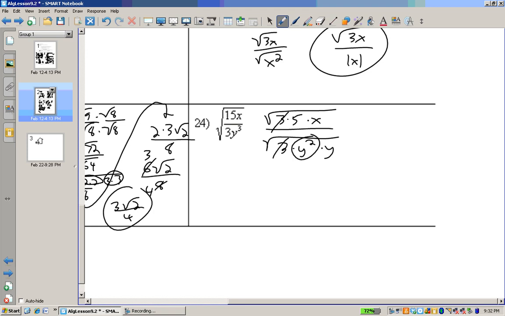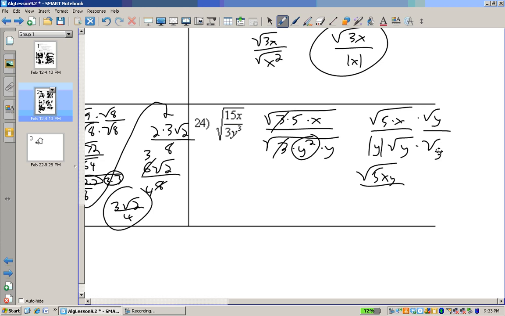Now 2 of these can pull out. Since I'm going to pull out and get an odd numbered exponent here, I have to take the absolute value. And I have this 1y that's left here. Now, square root of y, I'm going to multiply by the square root of y. What I do on the denominator, I also have to do in the numerator. So I have the square root of 5xy divided by, now,